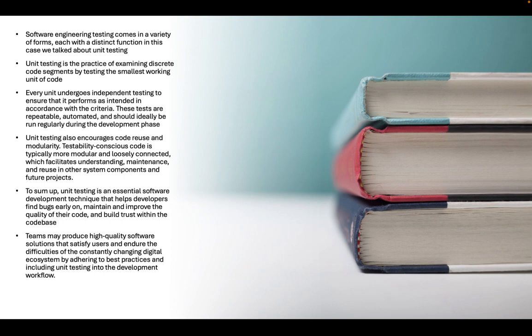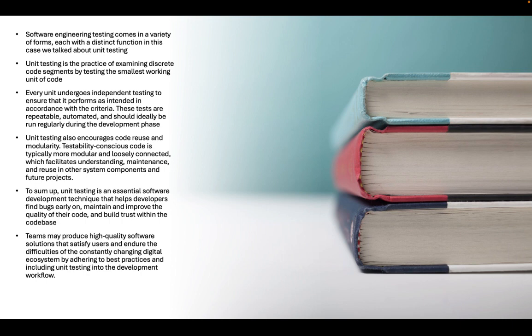Every unit undergoes independent testing to ensure that it performs as intended in accordance with the criteria. These tests are repeatable, automated, and should ideally be run regularly during the development phase. Unit tests also encourage code reusability and modularity. Testability-conscious code, let me repeat that, testability-conscious code is typically more modular and loosely coupled, which facilitates understanding, maintenance, and reusability in other systems, components,